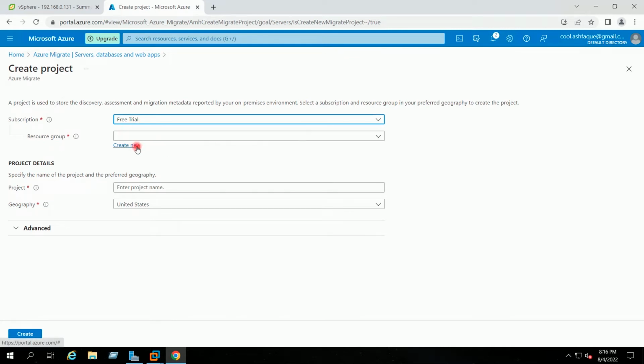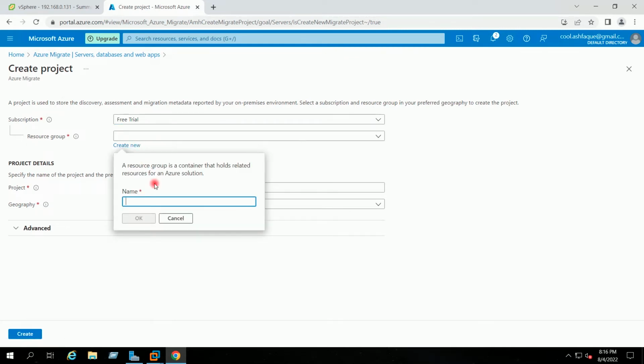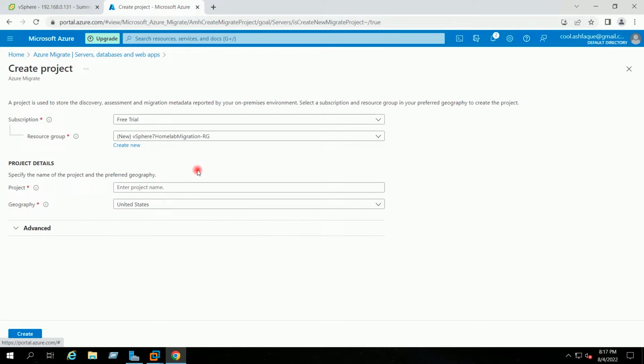Resource group I will create new. So this is the name I have given to the new resource group for the migration project: vSphere 7 Home Lab migration-RG.